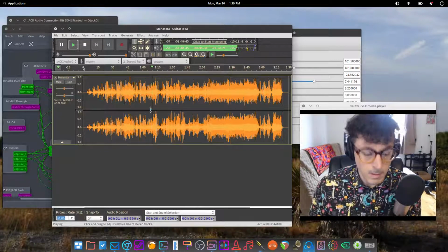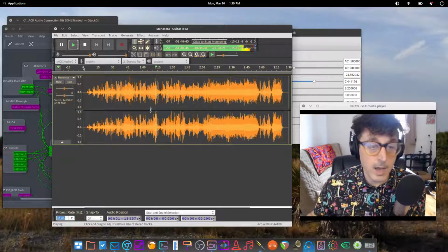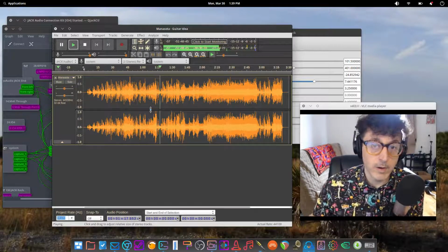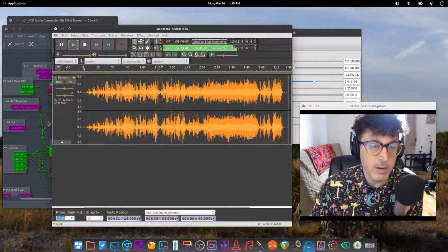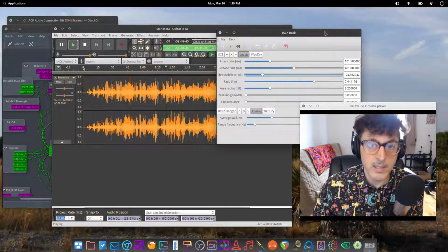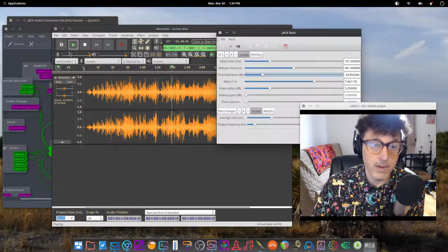So there we have real-time effects happening in Audacity, which you cannot do in Windows. There's absolutely no way to do this in Windows, and we're not hurting or changing our file here in Audacity whatsoever. Now, say we wanted to record this, or bounce it down rather, to get what we're hearing on tape